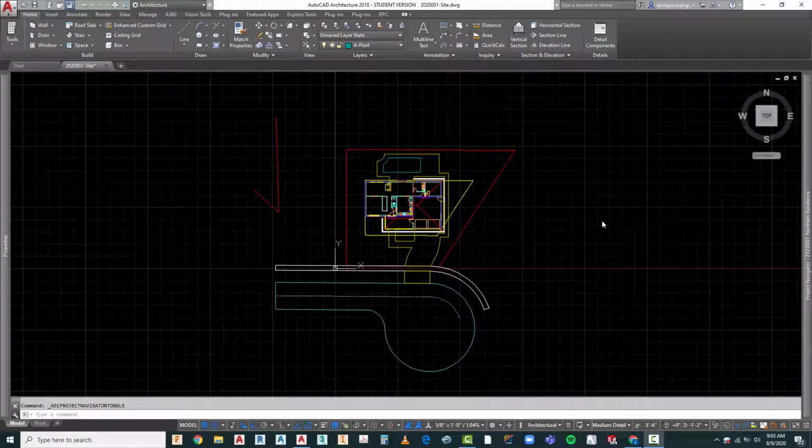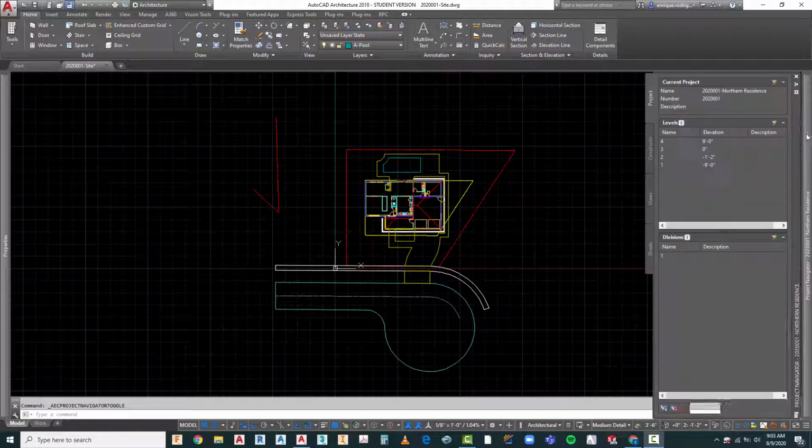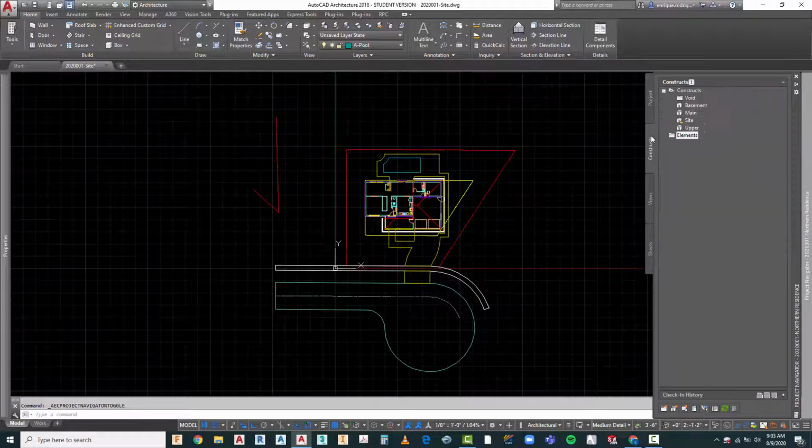At this point in our project, we have developed, through our project navigator, in our constructs, a basement construct, a main construct, a site construct, and an upper level construct. Now, although these are not totally finished, what we can do is begin to create sheets. We may need to add sheets later on, but between the constructs and the views,